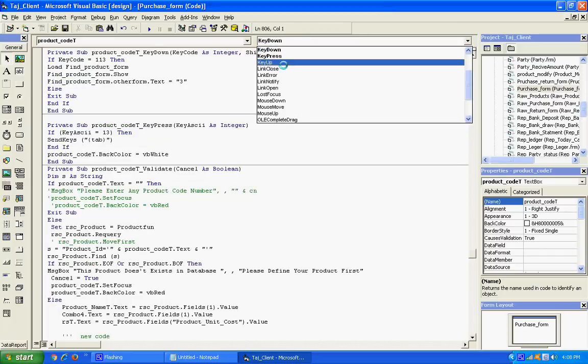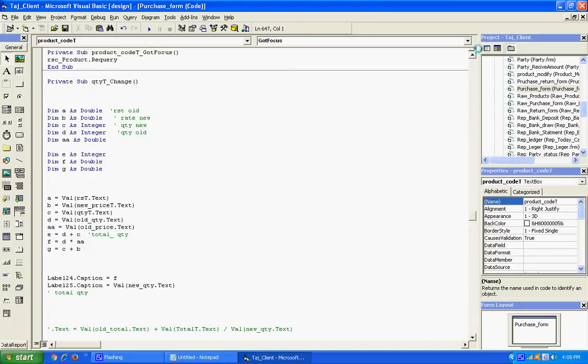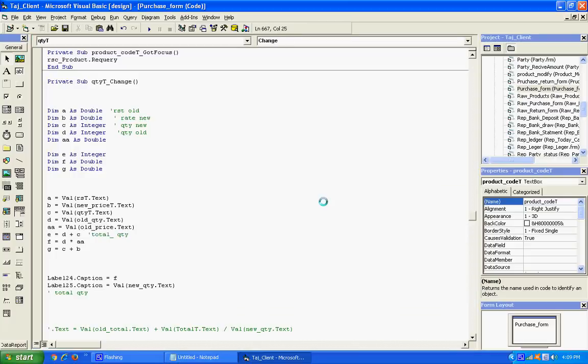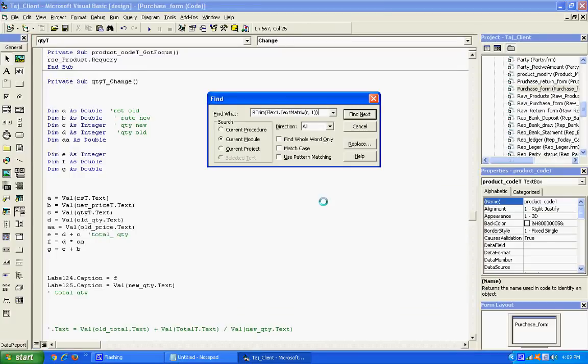Done. Here I am going to check with Control F. Yes, this problem is also present here.